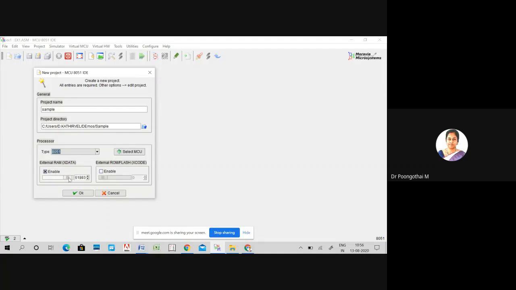So you select the maximum value, the amount of external memory you have to give, 00 to the maximum value 65536. So first you give your project name and define your project directory, select your processor and enable your external RAM. Okay. Click on OK.